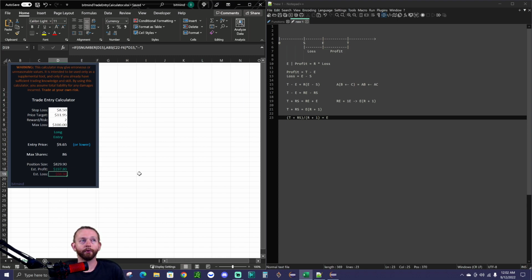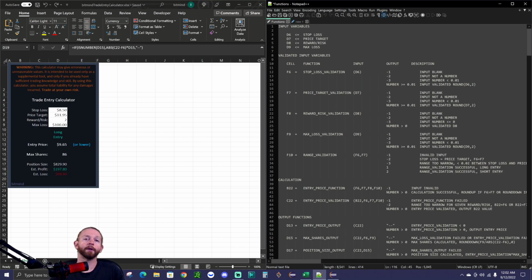It's pretty straightforward. This is a tool that I use quite frequently in trading. It makes things a lot quicker, a lot simpler. I don't have to work out a lot of tedious math. I don't have to guess. Another way you could do this is just kind of guess, if your broker allows you to